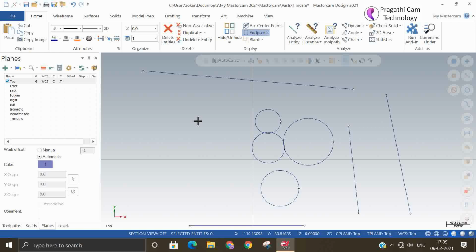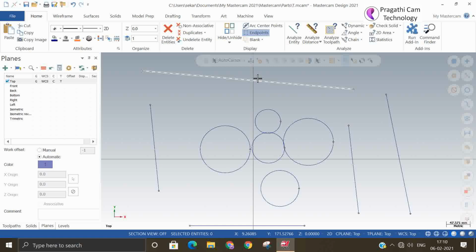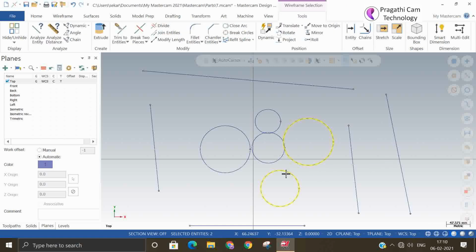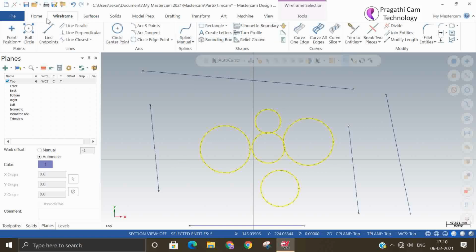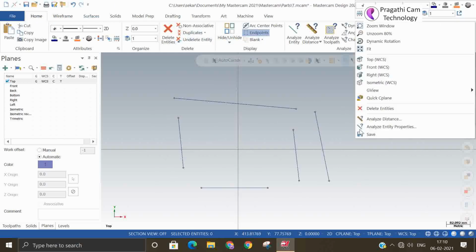But in hide, whatever you select will remain on the screen and the remaining will go away. Here in blank and unblank, whatever you selected will go away, and the remaining will be on the screen. Now you can say unblank. This is the difference between blank and unblank. How do you bring it back?